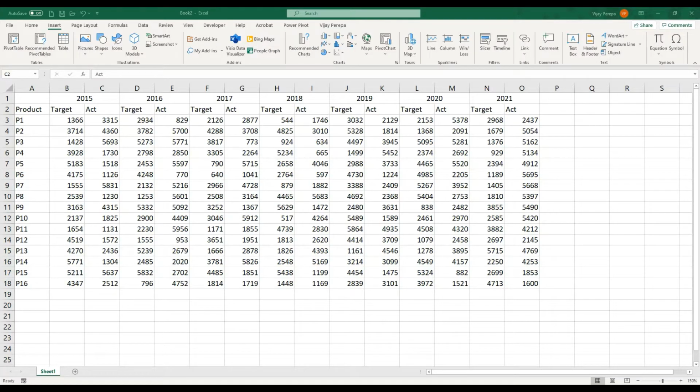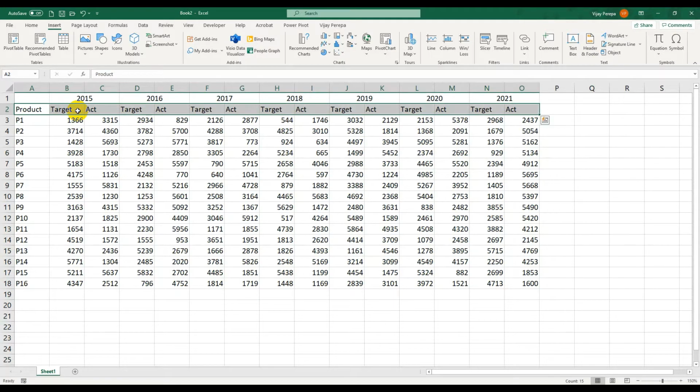First, let me explain why I have mentioned this data as a complex data. Commonly, any data will have only single column header for each column. But in this data, there are two column headers. One column header is merged within two cells and another column header is split into two different cells. This is fine. These column headers are fine, but this is something additional. Not only that, it is merged and you have a blank cell.